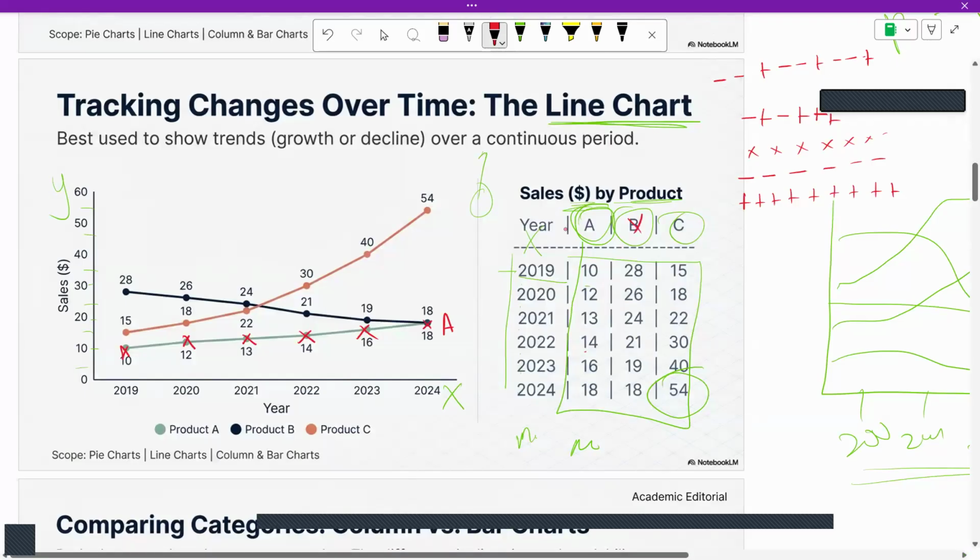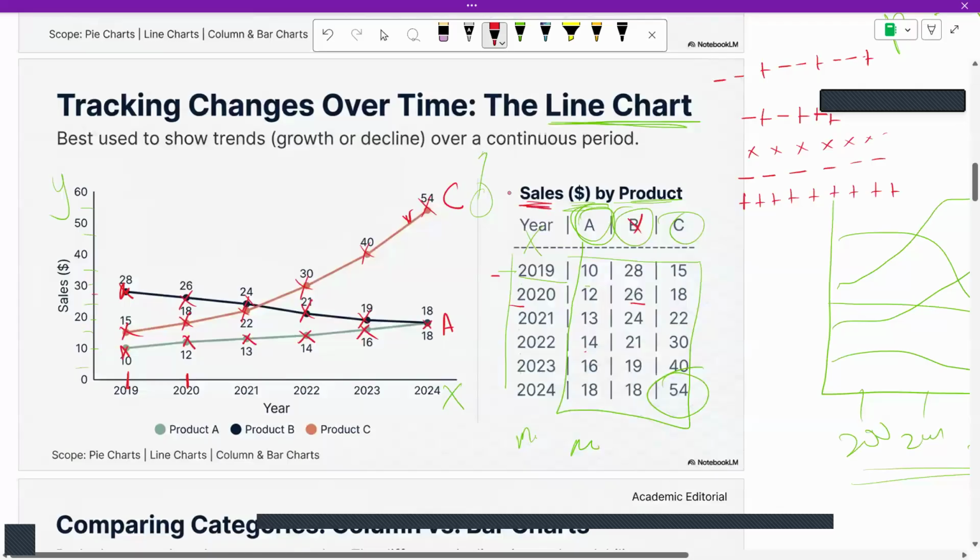And for placing B, here, take 2019, and next B. B is 28. Then here, 2020, right here in this column, 26, point 25, 26. Likewise, we plot the numbers and connect them. Likewise, product C. By looking at these three lines,